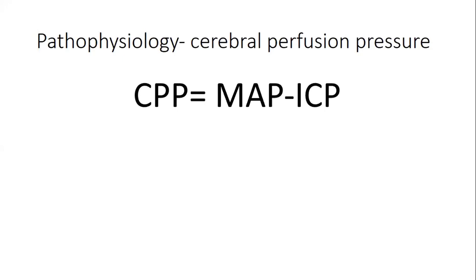Similarly, you don't want your cerebral perfusion pressure to be low, because you don't want cerebral ischemia and you don't want cerebral hypoxia. So you want to keep your intracranial pressure low. Some of the procedures, and the reason you see a neurosurgeon or a surgeon going to theater to do a compressive craniotomy, a craniectomy, or a Burr hole craniostomy, is because they want to keep the intracranial pressure low. You always want to keep the intracranial pressure within normal ranges so that you maintain a good cerebral perfusion pressure. So it's important to keep this equation at the back of your mind as you deal with the physiology of